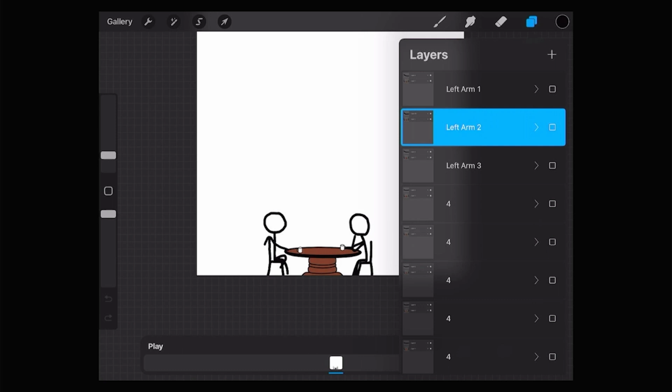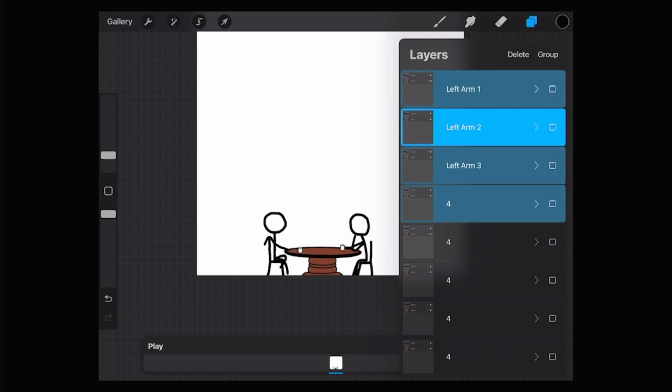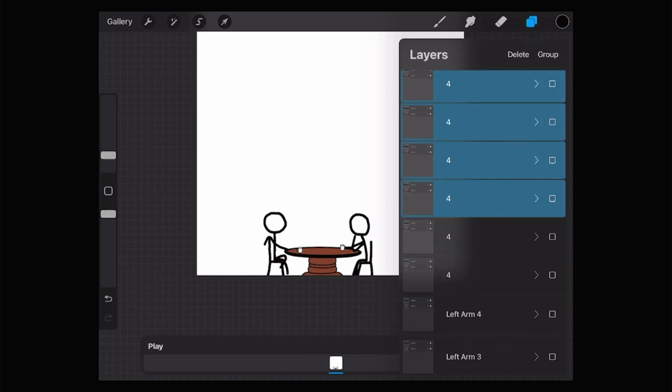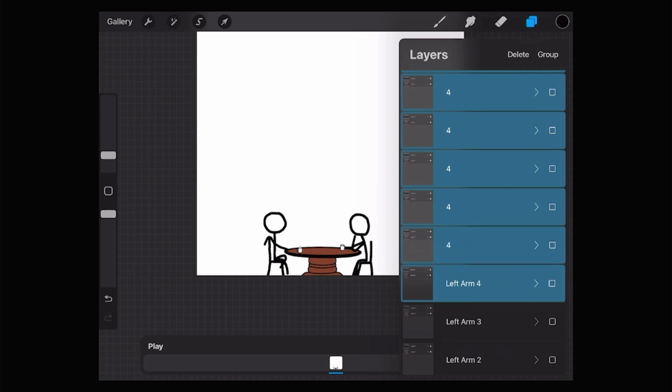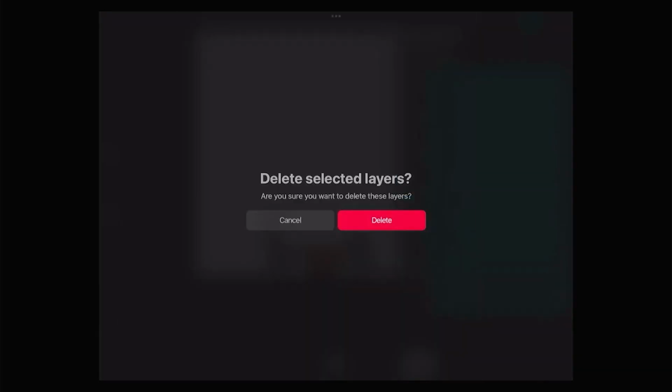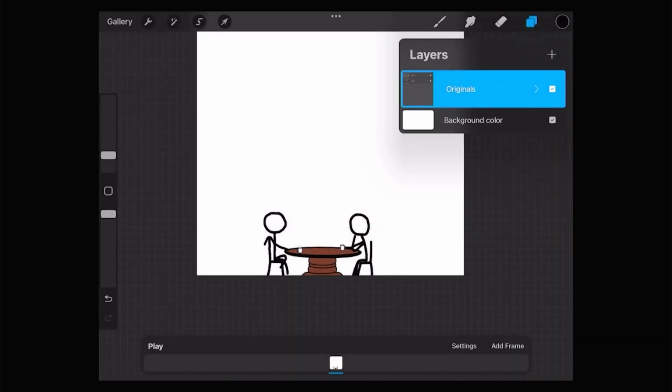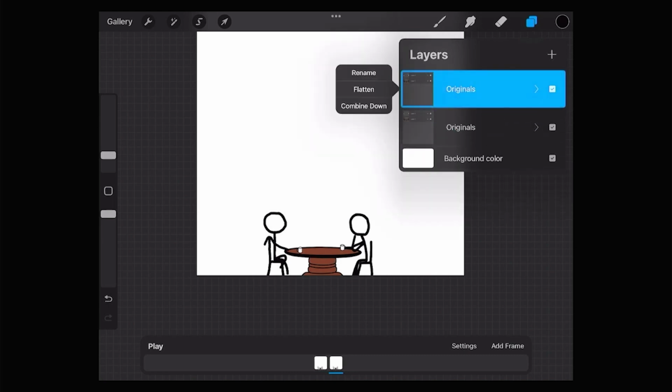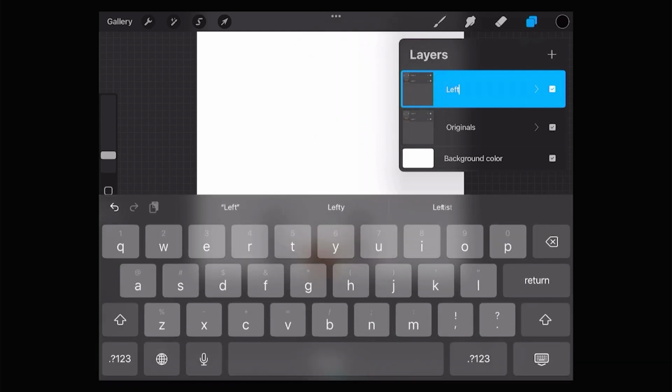Now I'm going to take all of these things that I just did and we're going to delete them, because we don't need them in this file. That was just for the last one. Now, we have our originals. Duplicate that. We're going to rename this left leg